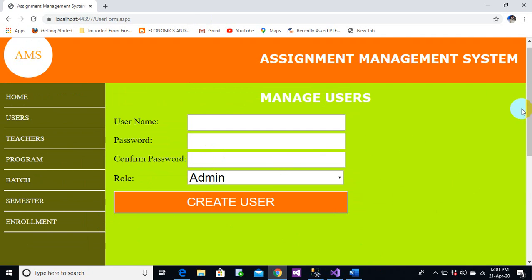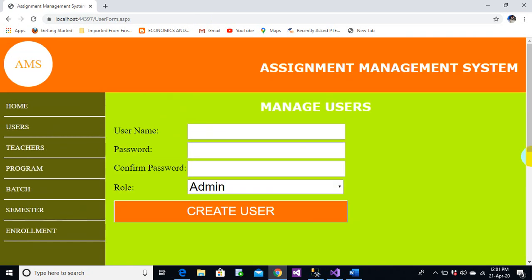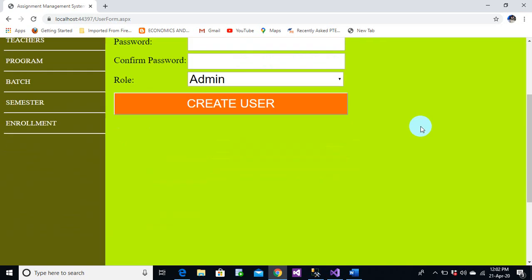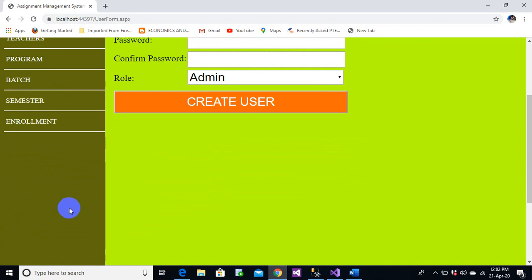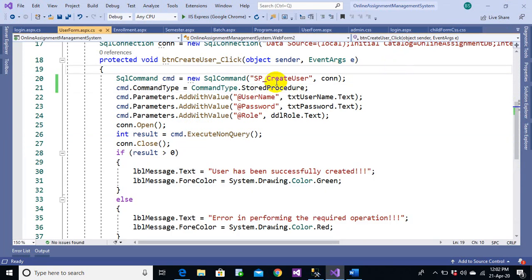So either I can display on this side of this, I can display below of this, or I can go to a new page and display it there. So wherever you want, you can display the users list. So for now, let's try to display it over here. I can display it over here, everyone. So that won't be looking good, but let's try. Let us give it a try, everyone.